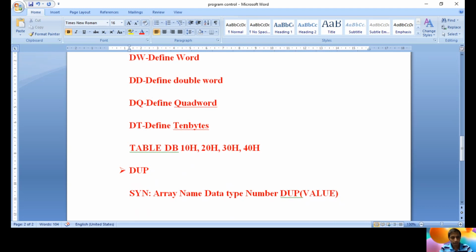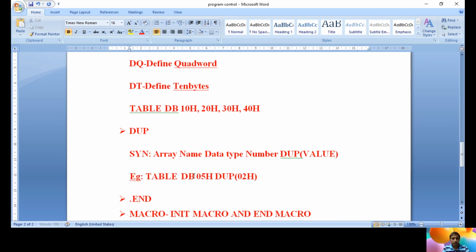Let us see one example. For example, TABLE DB 5 DUP(02H). So we are taking 5 locations with the duplicate value 02H. What is the meaning of this instruction? The array named TABLE of type define byte contains 5 locations, and all those 5 locations are duplicately loaded with the value 02H.